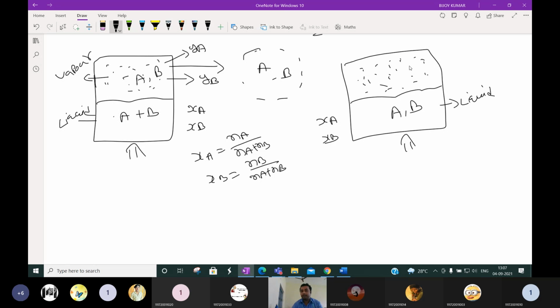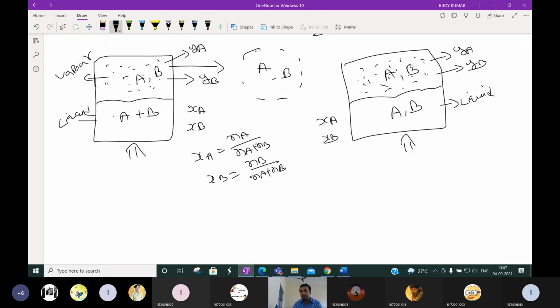Now these vapors. Suppose the vapor has constituents, so A and B will also be present. The vapors of A and vapors of B will be present, because here the liquids in the mixture are A and B. From this liquid only vapor will generate. So what is the composition of vapor A in the total vapor? That will represent Ya, and the vapor of B means Yb.